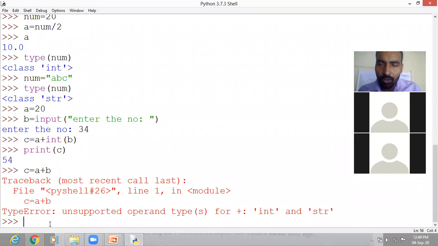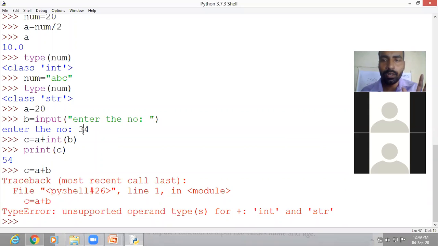Just now I had told why it raised an error. Because b, in which 34 has been given with the help of input function, and by default Python takes the value from input function in the form of string value, in the form of text value.